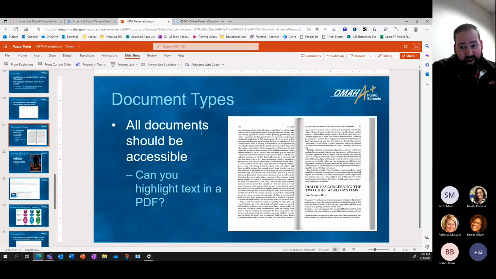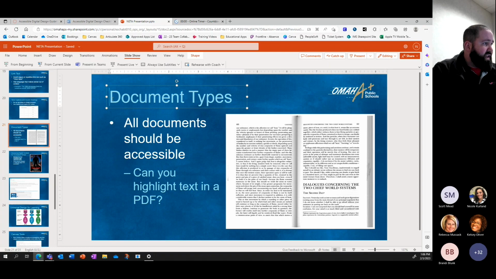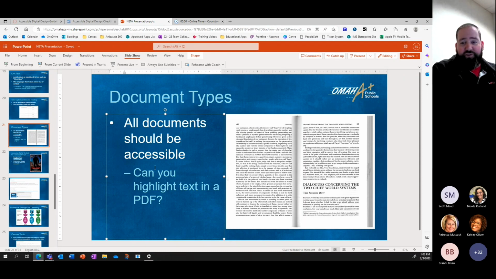A PowerPoint's a type of document. So I'm just going to click it here and see, can I highlight this text? Yes, I can. I can highlight this. Yep, all this is accessible. And what that means is if a student is using a screen reader, or if they wanted the page to be read back to them, the technology would be able to do that because